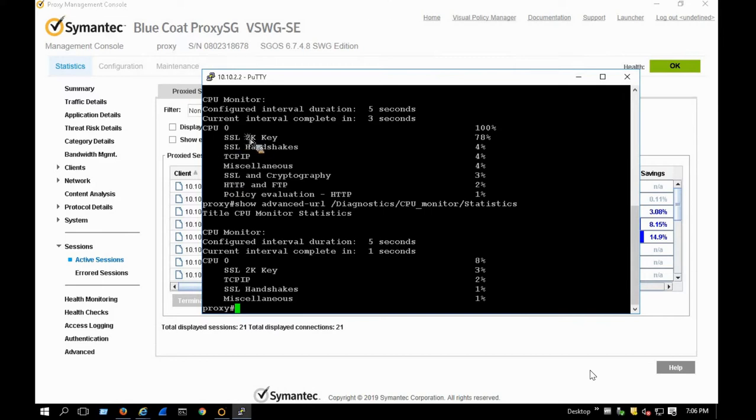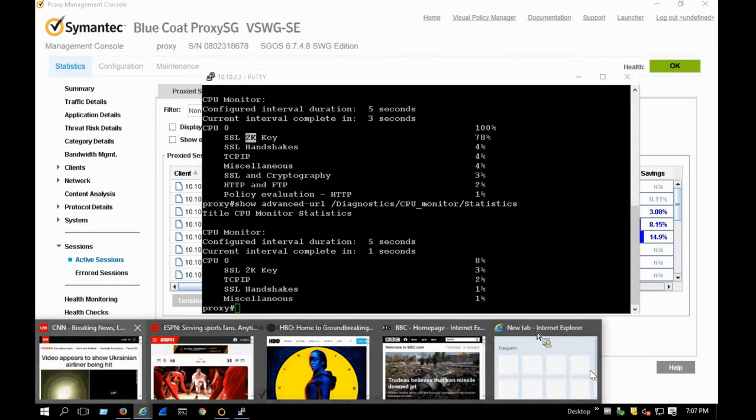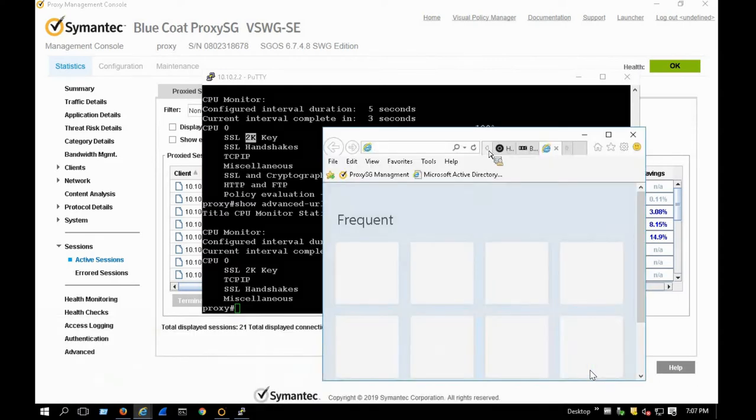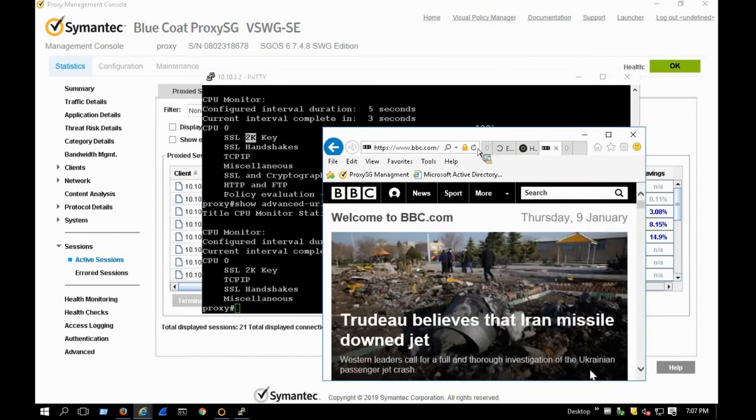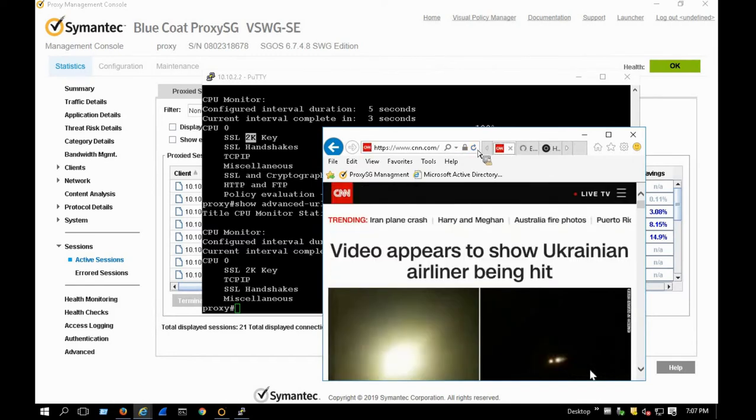And you can see that if the key size is huge, 2K, you notice that it takes up a huge amount of CPU utilization. But that is not persistent, all right? And remember that the proxy is also caching certificates, right? So we can go ahead and refresh these pages. But hopefully it will not slow down my remote desktop. Okay, let's try to refresh